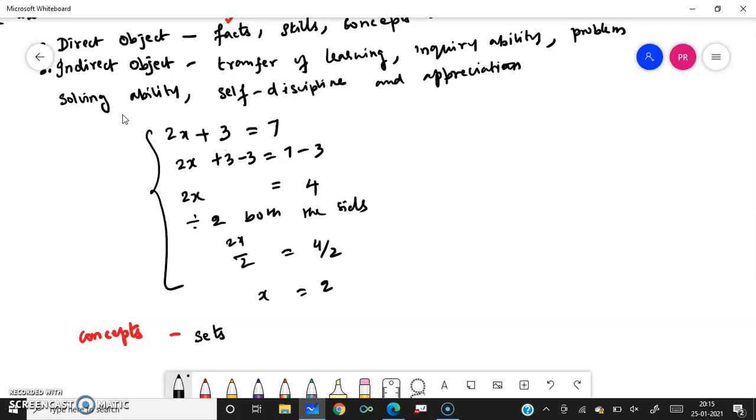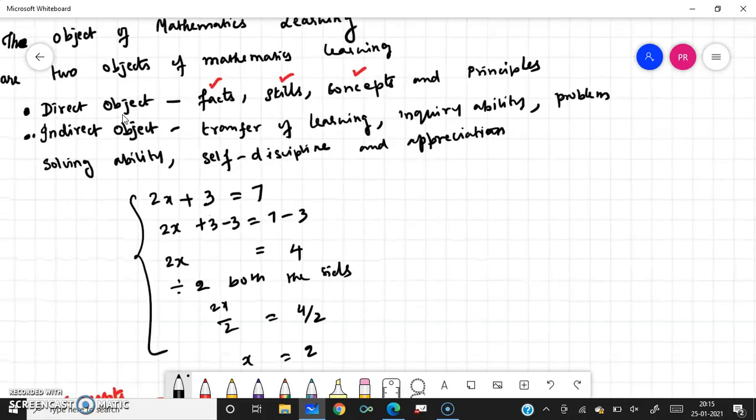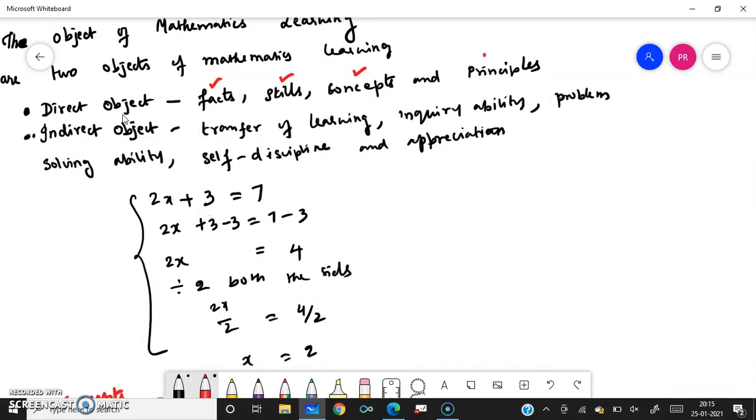Next is mathematical principles. What are the mathematical principles? The most complex of the mathematical objects are principles. Principles are a sequence of concepts put together to form a relationship. For example, the square of the hypotenuse of a right triangle is equal to the sum of the squares of the other two sides. This is an example of a principle. So principles are nothing but concepts together with some relationship between the concepts. These are known as the mathematical principles. Okay, next we'll see in the next class.